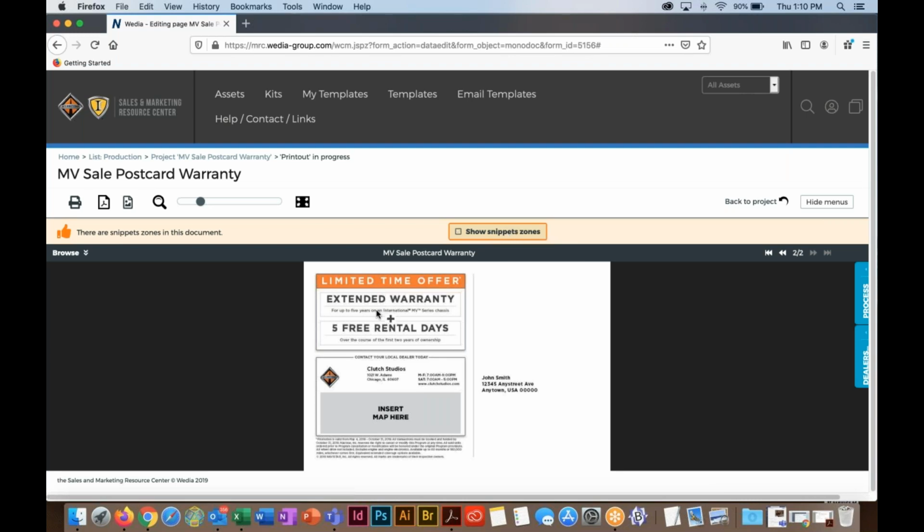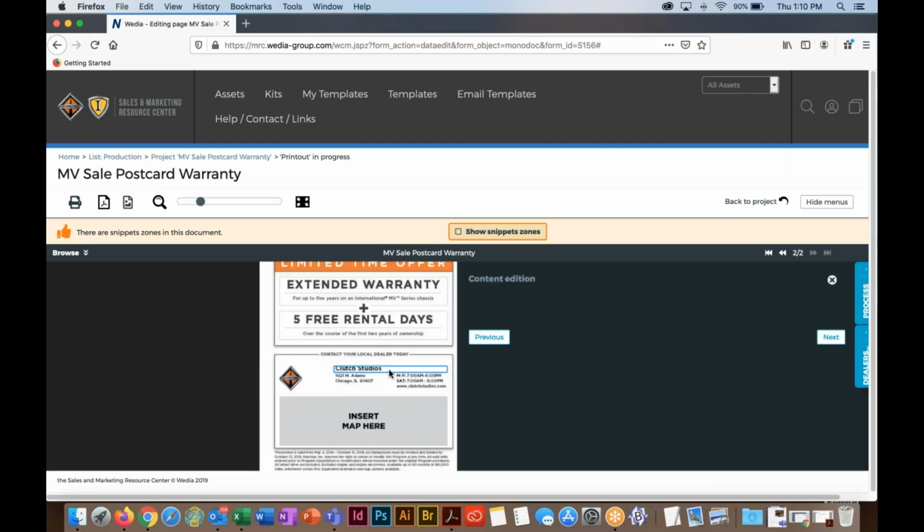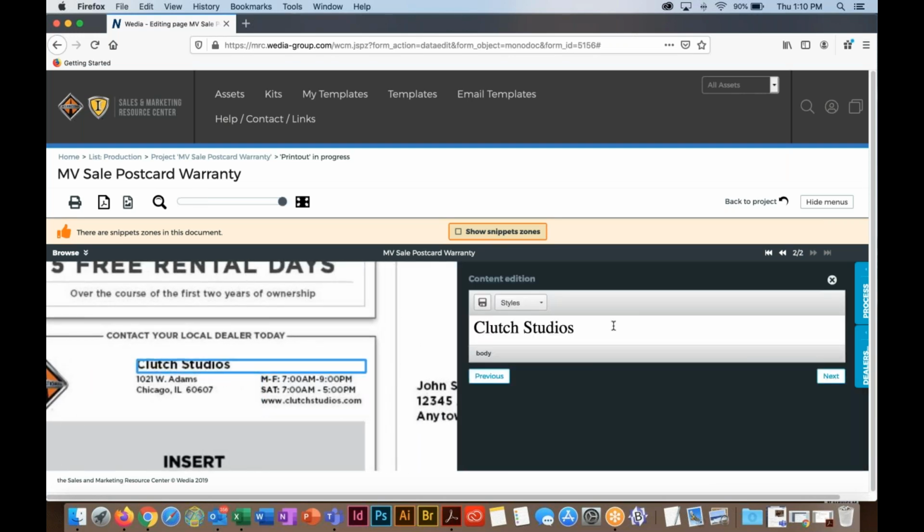So if we go down to identify text that is editable, you're going to hover over the text with the mouse. You should see a colored box appear, usually blue, which means editing text. You're going to click anywhere in that box, and you'll be able to edit the text. So for example, if I wanted to say dealer name,